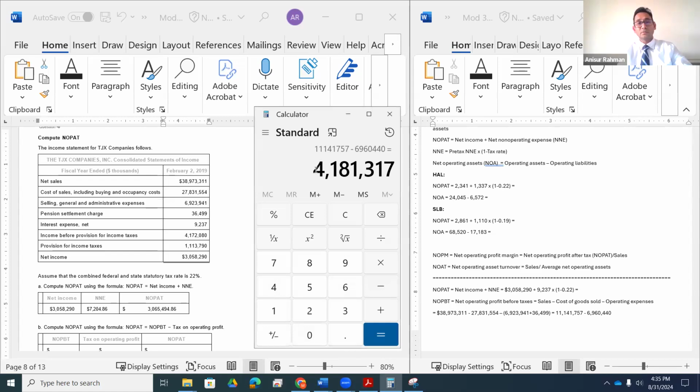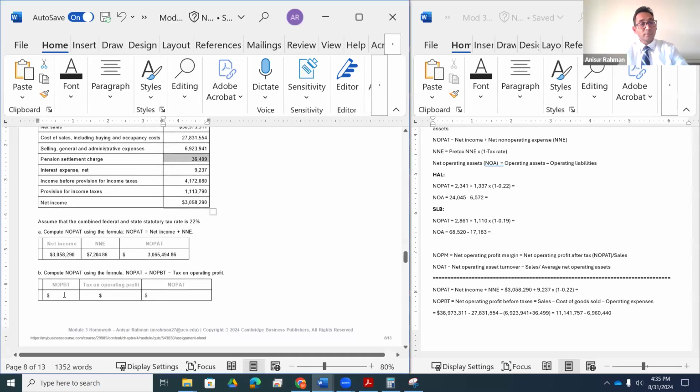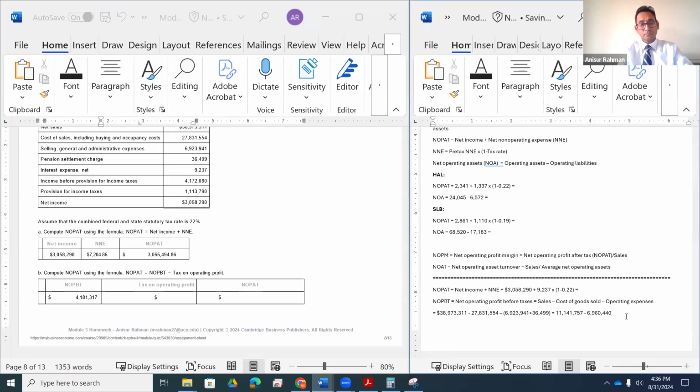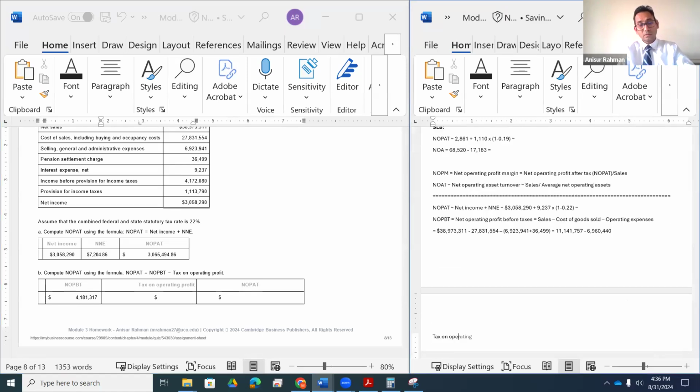We'll copy this. This is our NOPBT, net operating profit before taxes. Now, tax on operating profit. That is equal to we'll take the tax expense and adjust with